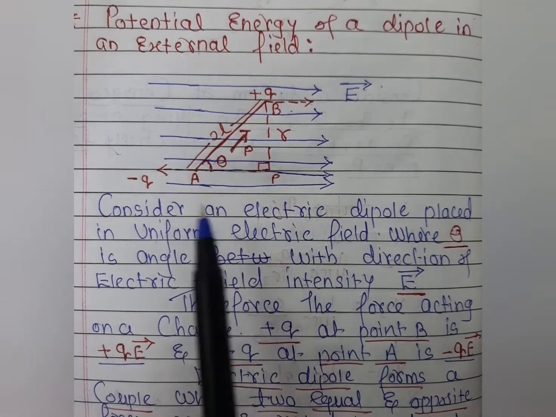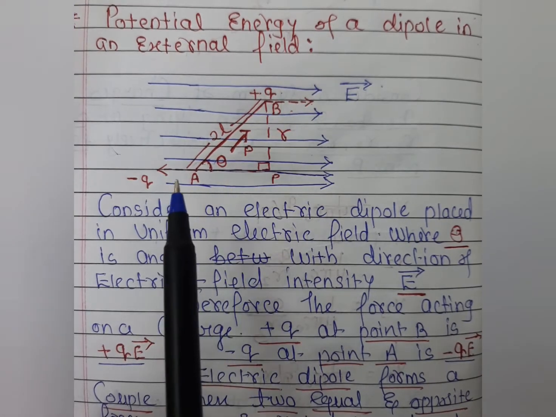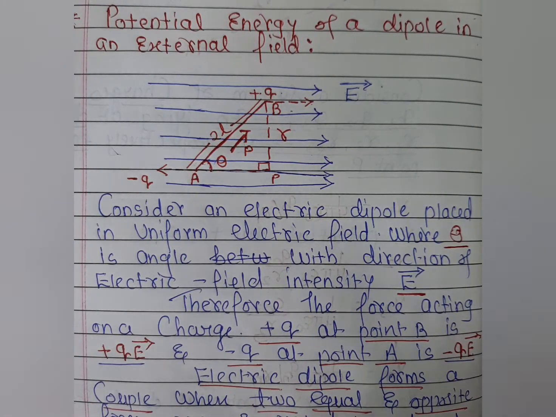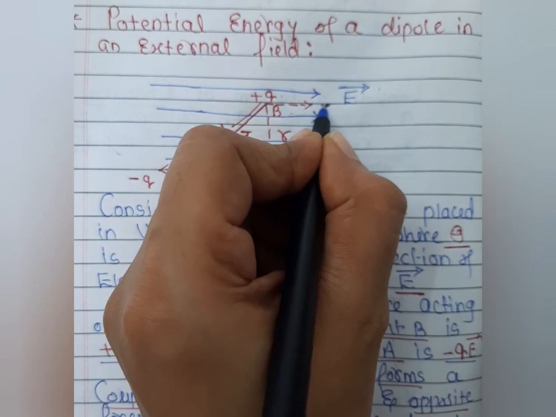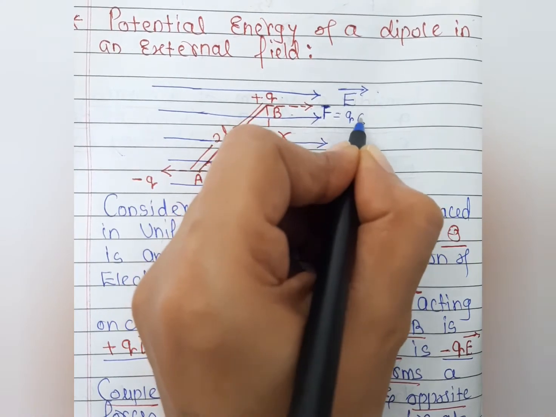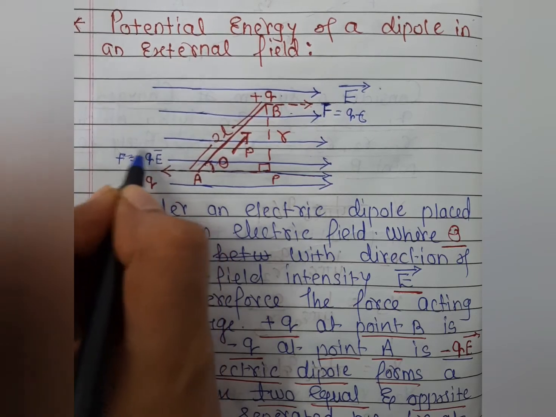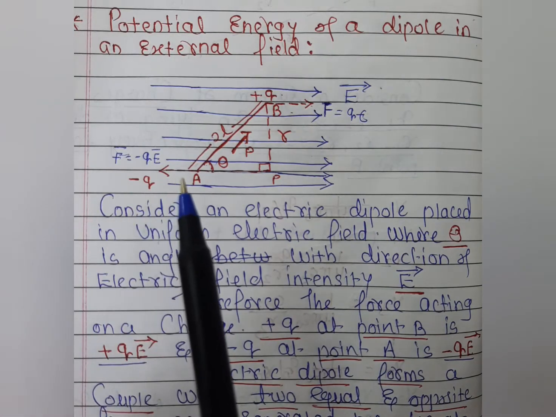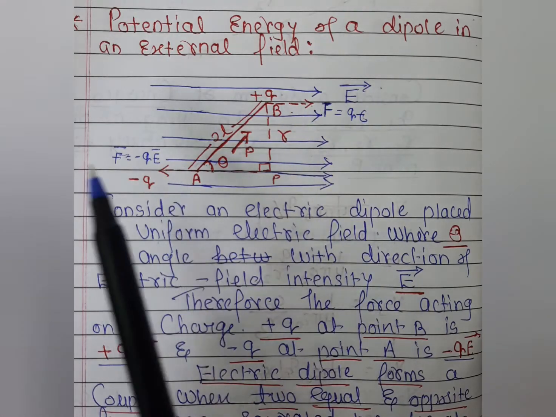When these charges are placed in an external electric field, these charges experience electric force, because these two charges are stationary here, and you know very well that stationary charges experience electric force, that is F is equal to Q into E. So this positive charge experiences a force F is equal to Q into E, and here it is F is equal to minus Q into E. Get it students? So when these two charges experience equal and opposite forces, this force is moving in this direction and this force is moving in this direction.